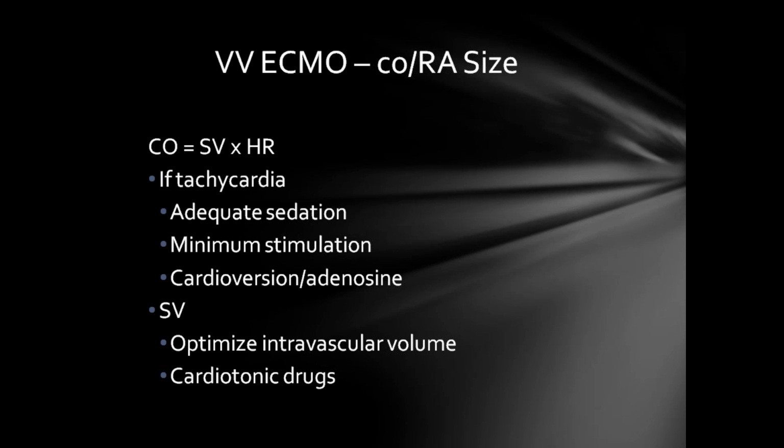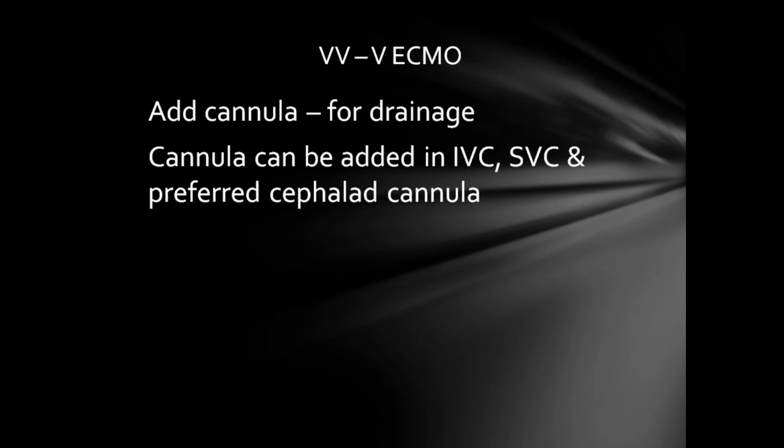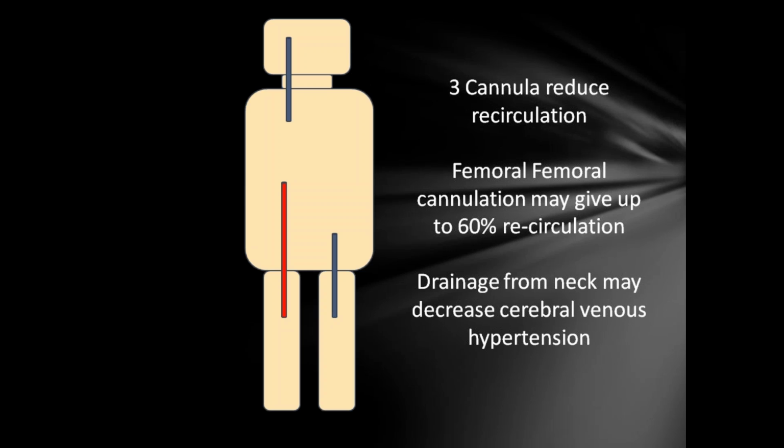So if there's tachycardia, give adequate sedation, minimum stimulation, okay, or if there are tachyarrhythmias, you have to convert the arrhythmias, because till the time you don't convert the arrhythmias, recirculation will not improve. And last, if nothing is helping, you have to add more and more cannulas for the drainage. Cannulas can be added in the IVC or SVC, preferably as a separate cannula. Okay. This should be ideal, as I told you: left femoral for drainage, right jugular for drainage, and keep this for a